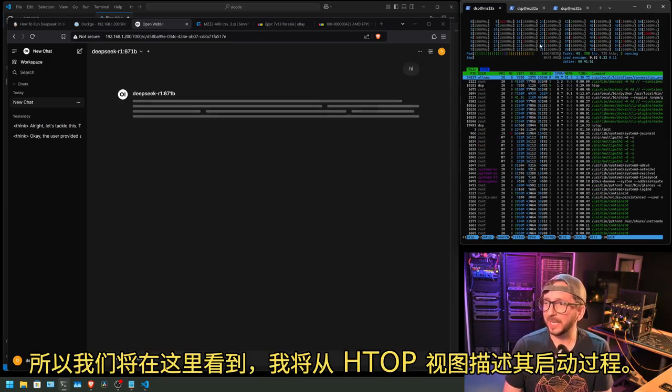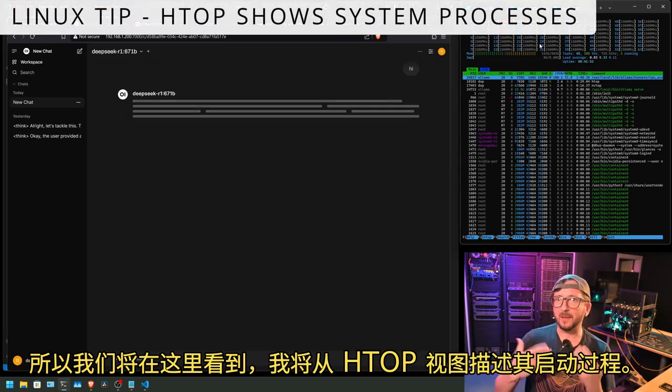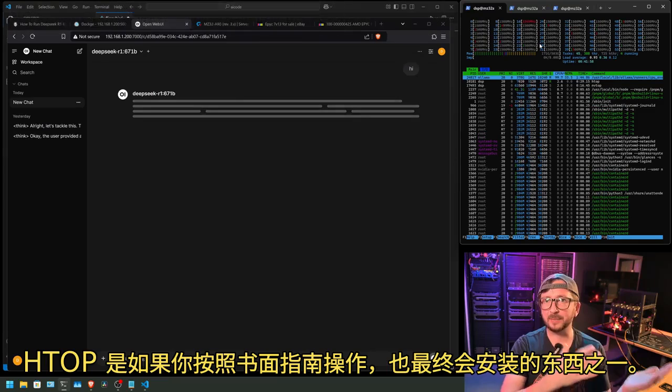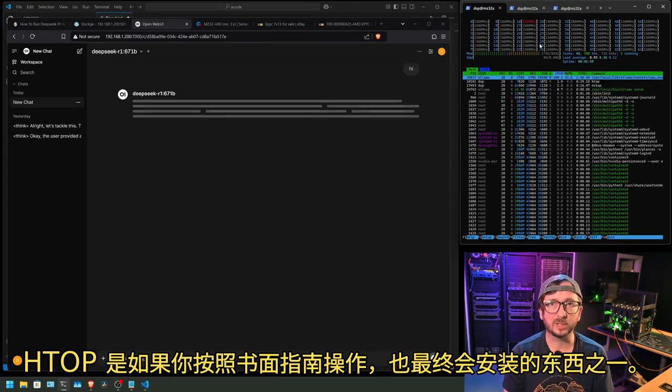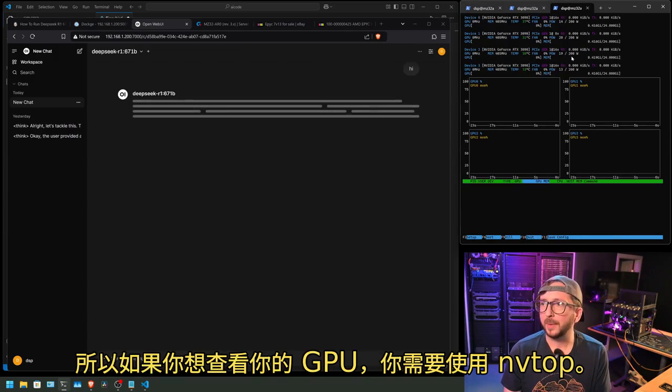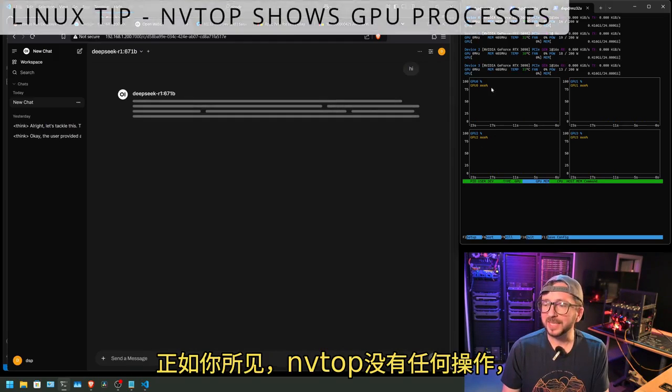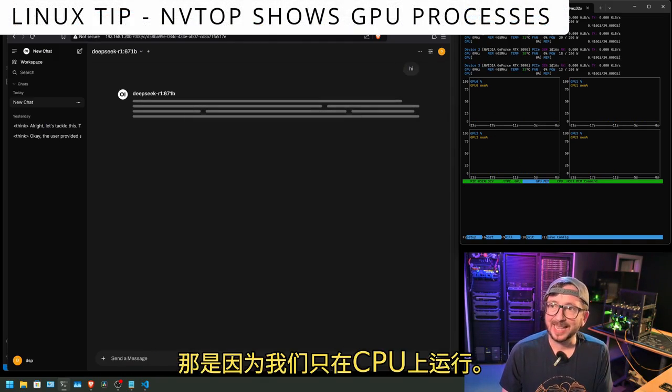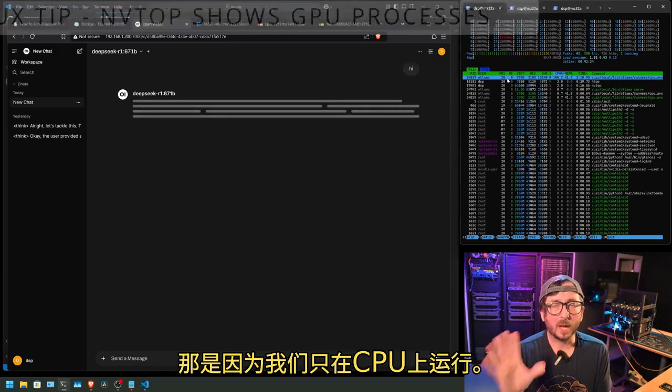So we're going to see over here, I'll just describe the process of how it's starting up from an HTOP view. HTOP is one of the things, if you follow through the written guide, you'll end up installing also. It's not going to show you your GPUs. So if you want to look at your GPUs, you need to use NVTOP. NVTOP, you'll see here, is not doing anything, and that's because we're running this just on CPUs,